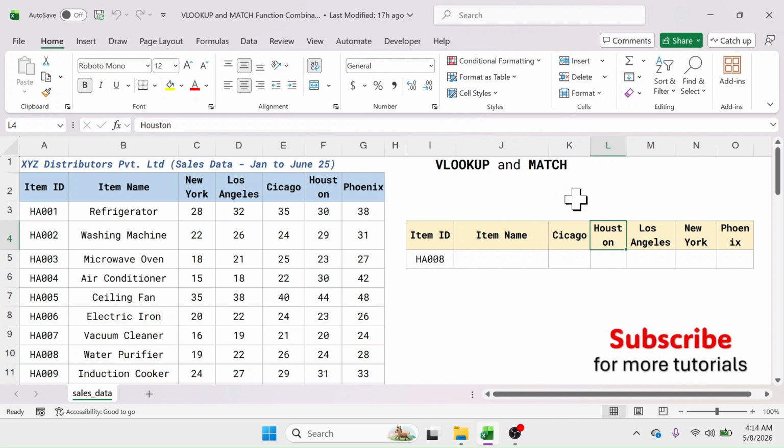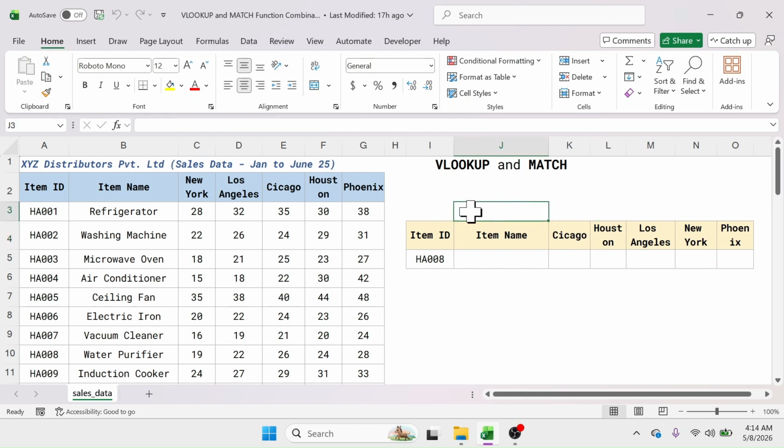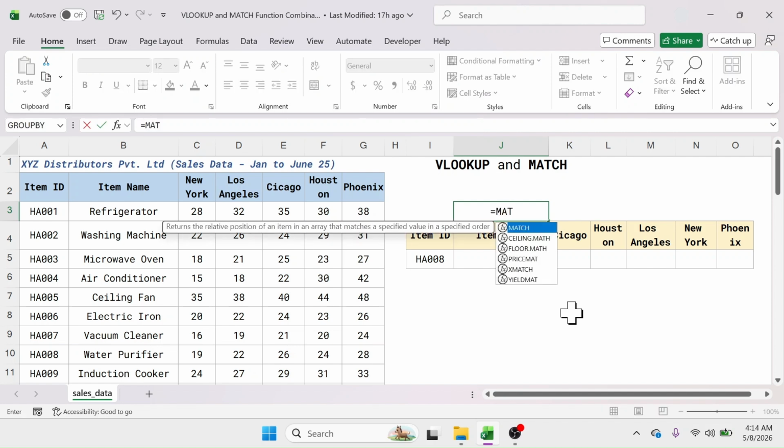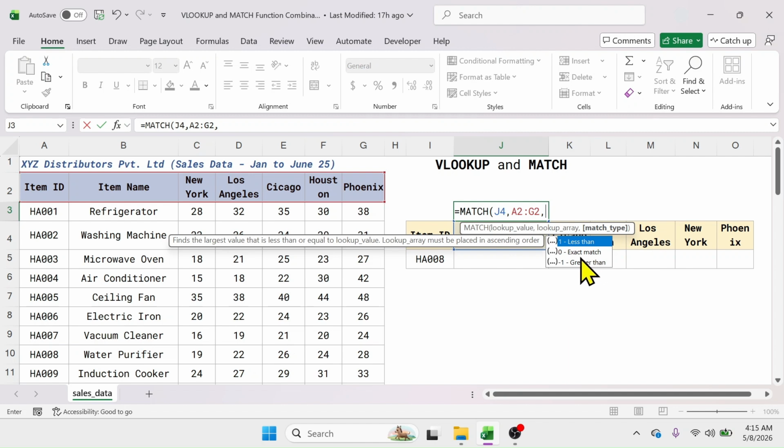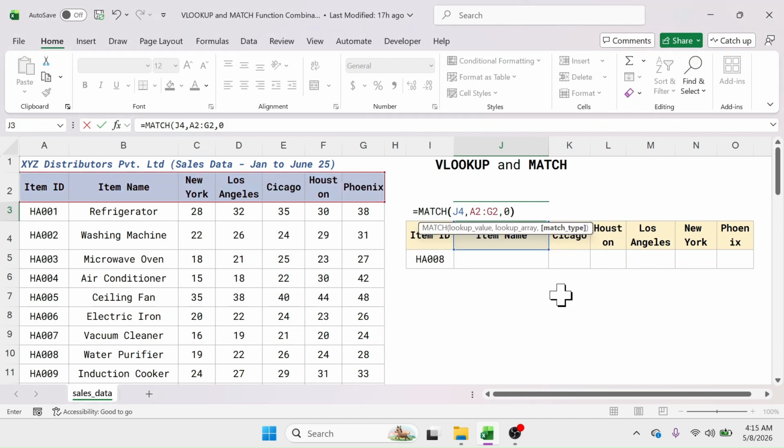Now let me show you how this MATCH function identifies the column index number. For this, in this cell, let me press equal to, then use MATCH function, open bracket. In the MATCH function, first of all, we have to put the lookup value. For the lookup value, click on this item name cell, then put a comma. In the lookup array, select the range where you want to look up this item name. So select this column header range of the source data, this one, then put a comma. In the match type, select the exact match by double clicking,